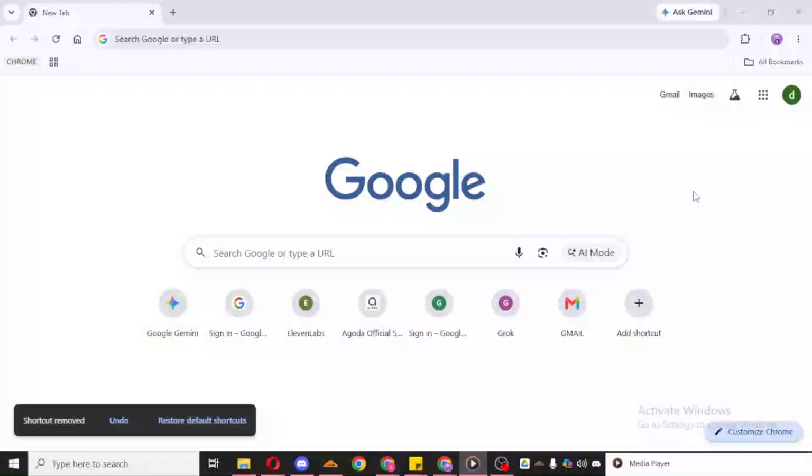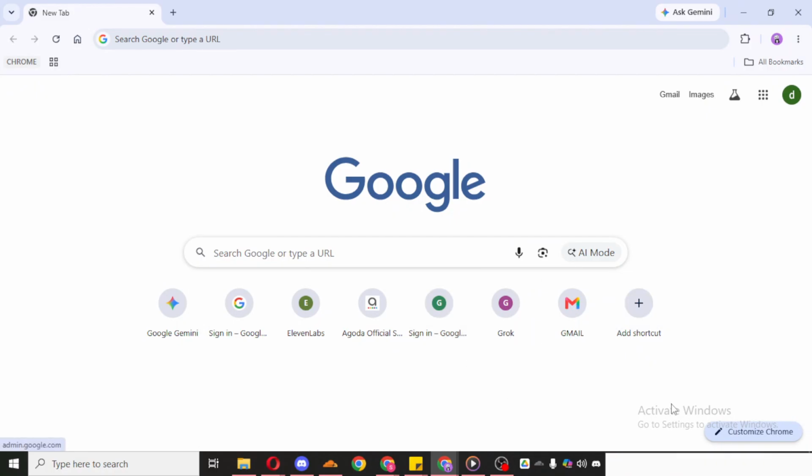In today's video, I'm going to teach you how to add a YouTube shortcut on Chrome. This is a very simple and useful trick if you want faster access to YouTube right from your browser or desktop area, depending on how Chrome handles the shortcut on your device. Instead of typing the website address every time, you can create a shortcut once and open it much more quickly